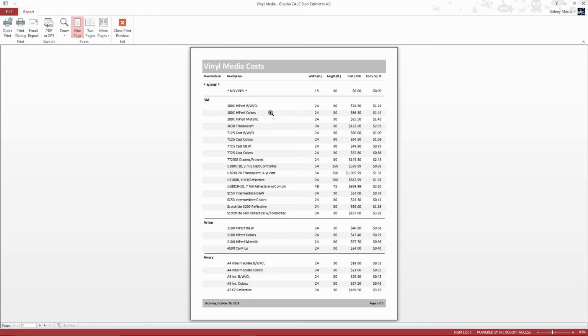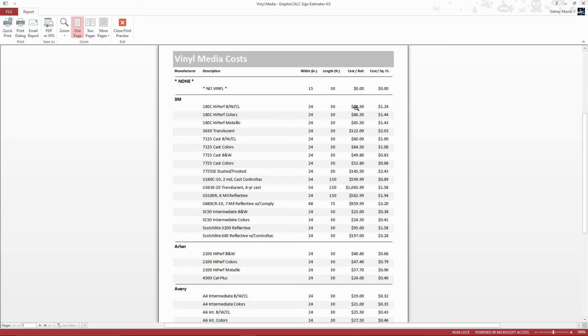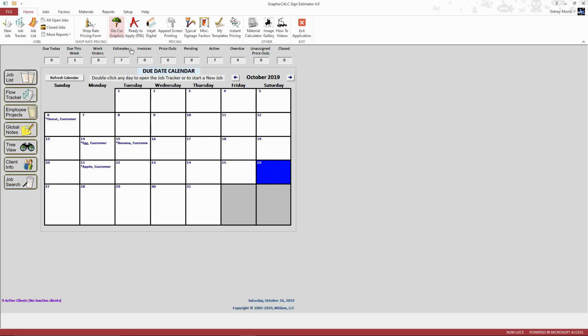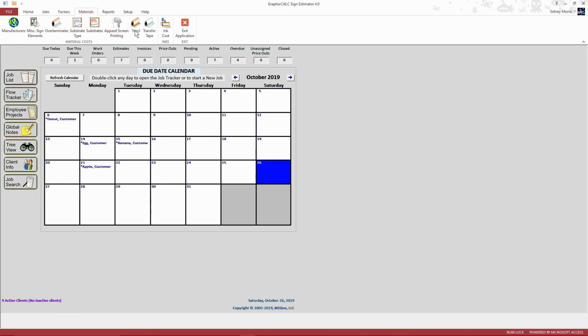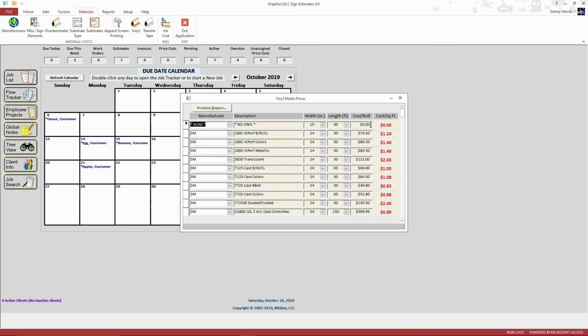And here's your list. So this way you can come in here and you can cross out all the ones maybe you don't want, and then circle the price of these and say, well, mine's not $74.50, mine is $90. And then that way you have a little bit of a cheat sheet, so that when you come back into your material section, you come back into your vinyl section, you can go right to the ones that you know you need to make